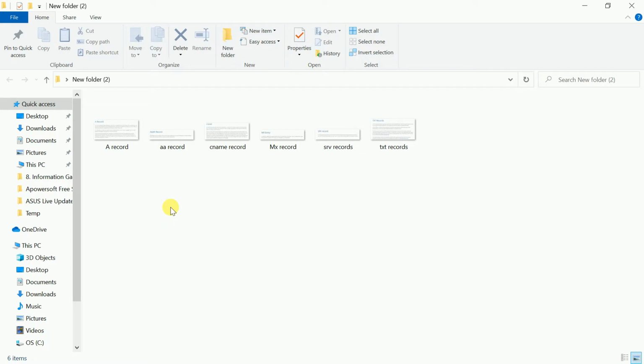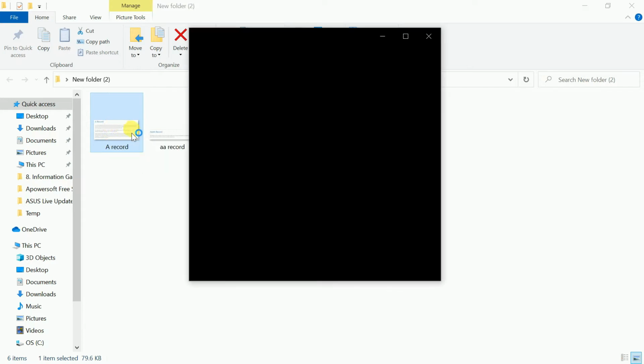Okay, so I'm not going very deep inside every record, but at least you should have a basic knowledge about all these record types. So the very first record inside the NS1 record is the A record. I will definitely show you practically also how it actually looks inside the website, but at the beginning let's start with the theory part so that it would be very easy for you when you will be seeing it practically. Okay, so the first record is the A record inside the NS1 record, and let me open it for you.